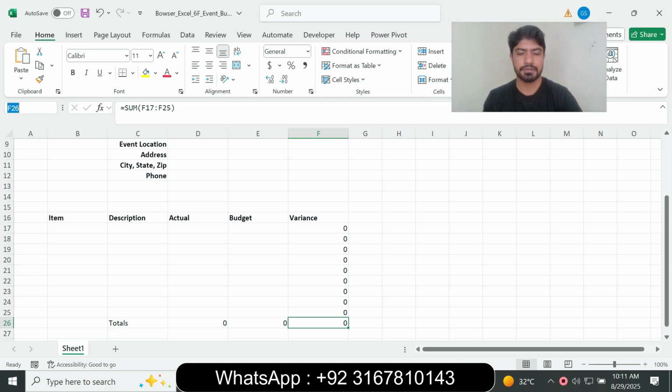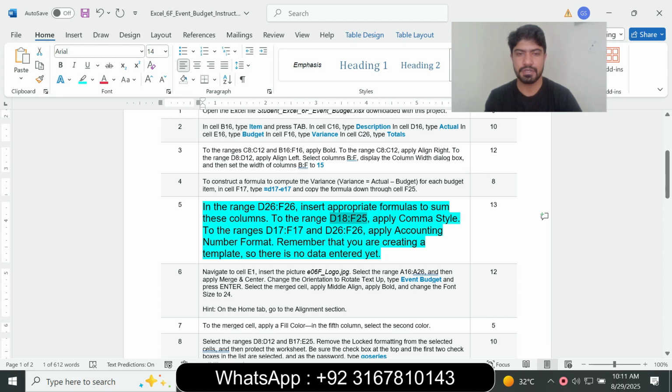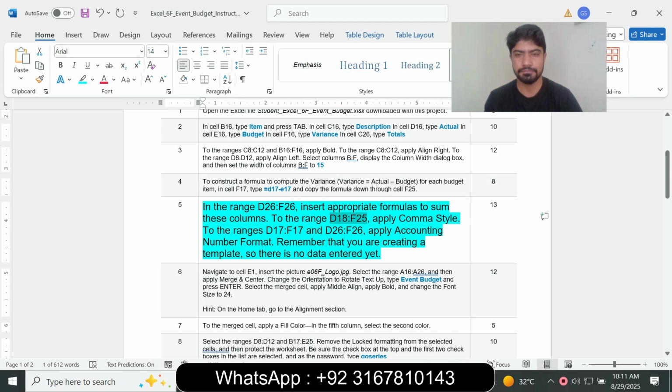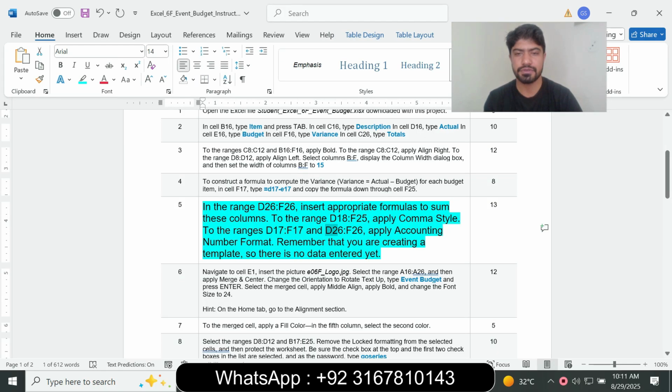Copy the range and paste the range, press enter, and next is apply the comma style. Go to the Home tab, go to the Number group and apply the comma style to the range D70 to F17. So copy the range and paste the range, press enter, and next is D26 to F26